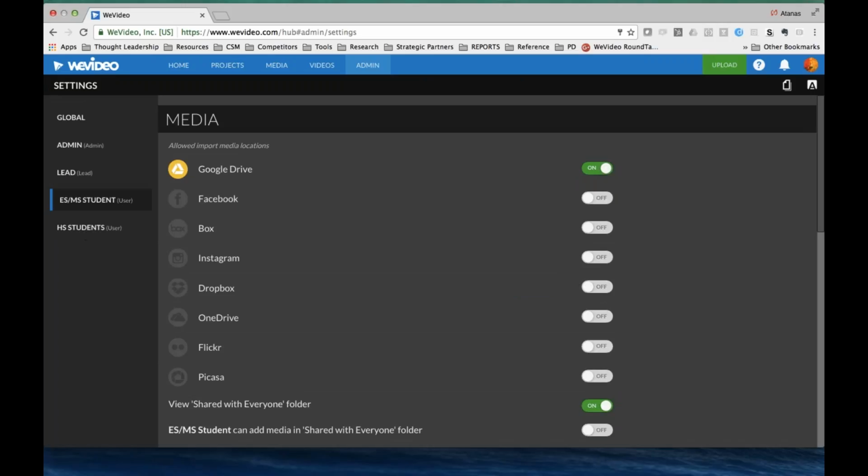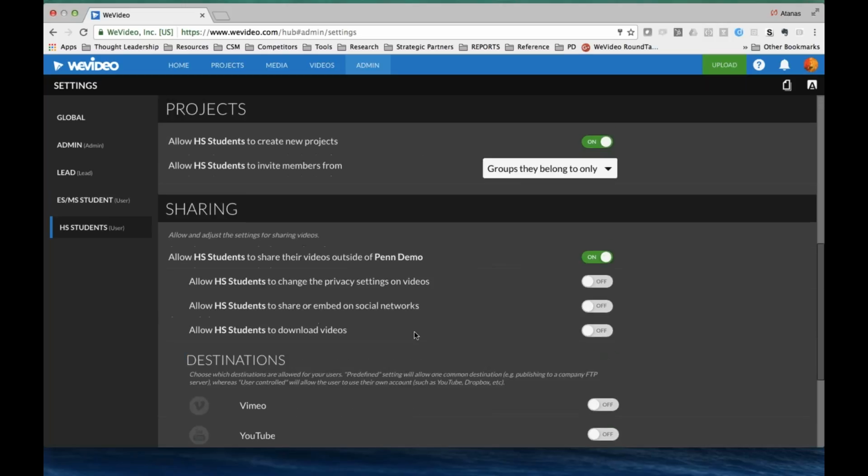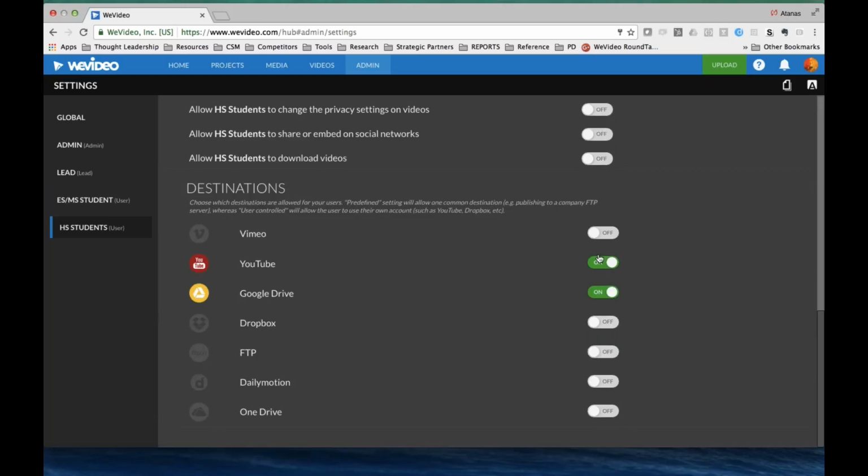And this way, these are both user-level profiles, but then for high school, I can give more permissions, like access to Facebook potentially and Instagram, or on the export side, I can allow students to export to YouTube and Vimeo, whereas I'm keeping the elementary middle school permission set a bit more restrictive. So you can fully customize this for both teachers and students, and it's really great once you get the hang of how the permission sets work.